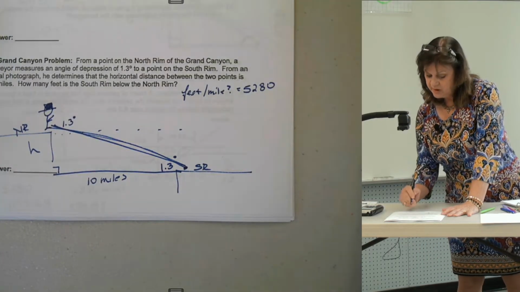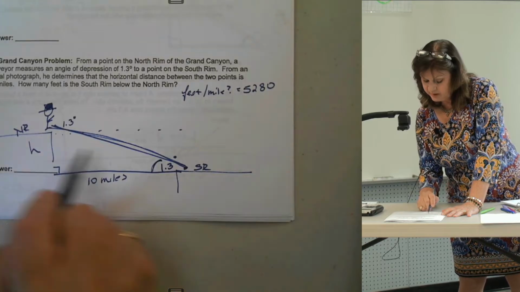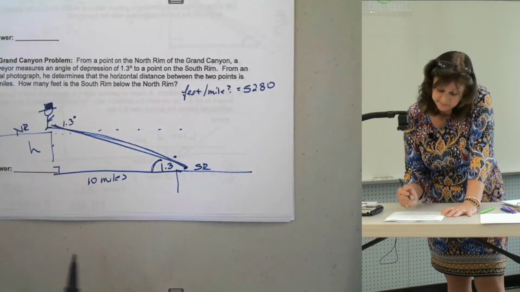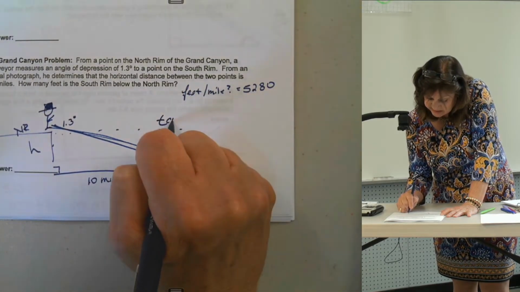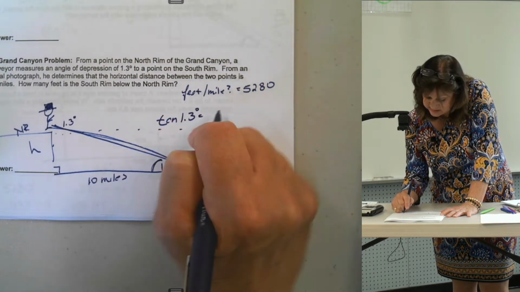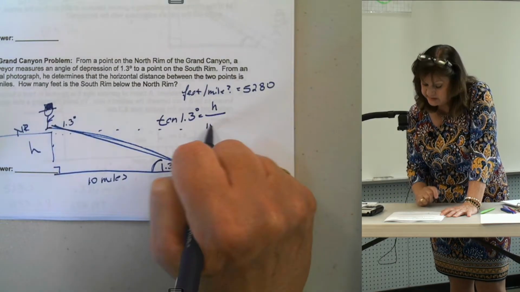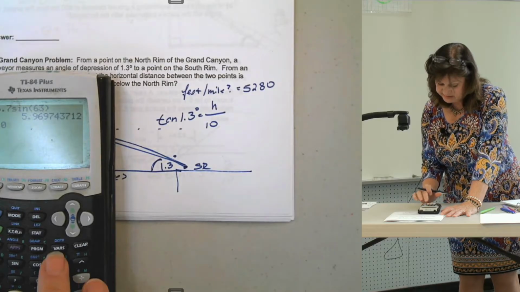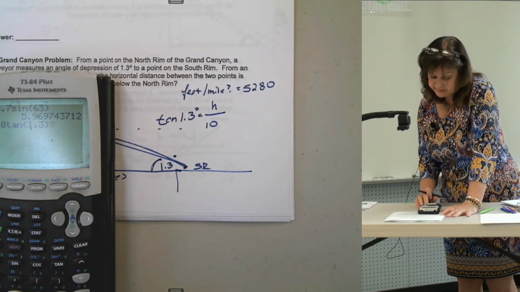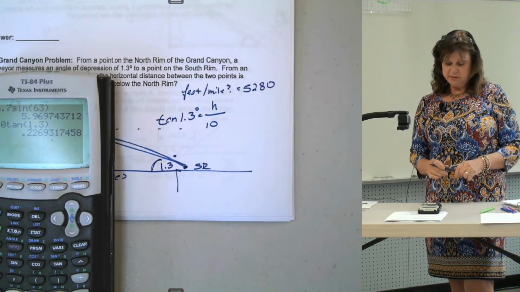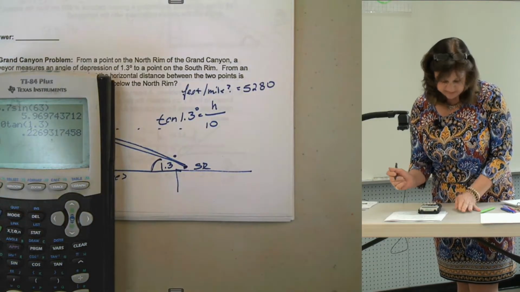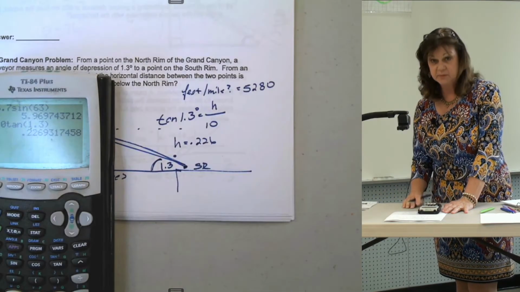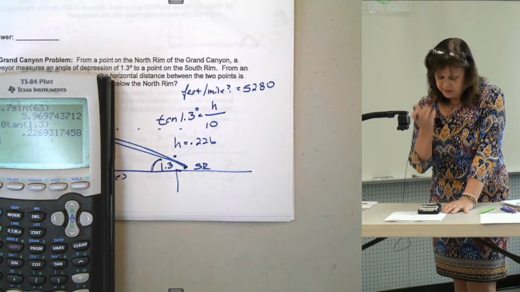Okay, so I've got this angle of 1.3. I'm looking for opposite, and I have adjacent. This sounds very, very familiar. So the tangent of 1.3 degrees is the height over 10 miles. 10 times the tangent of 1.3 degrees is 0.226 of a mile. Remember, we're in miles right now, right? So